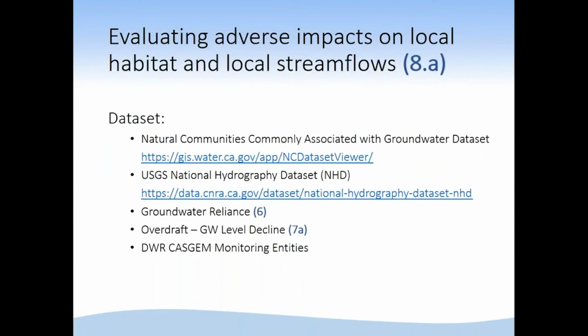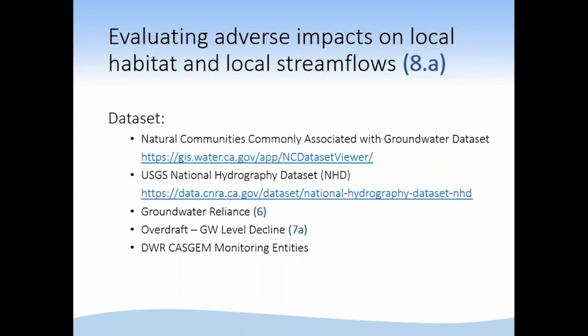That took care of the habitat side of the equation, and then we used the National Hydrography Dataset, NHD. That data set is also available at the website you can see, and we only looked at the permanent and perennial streams.